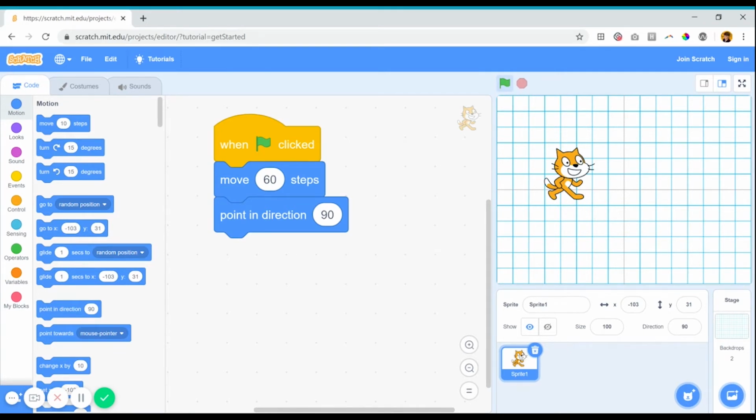That seemed odd. The character first moved and then changed direction. One thing that I have to keep in mind as I'm writing my scripts is the order in which my steps are run. The computer was just following my exact directions. When I click the green flag, move, and then point in direction. If I want to ensure that my character is first pointing and then moving, I'm going to need to change